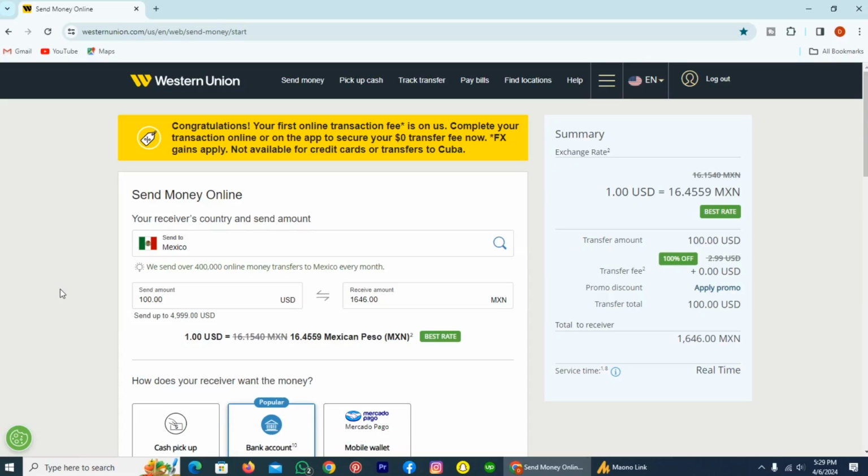Hi guys! In today's video, I am showing you how to add a receiver in Western Union. The process is straightforward and effortless, but before starting the process, let me tell you the benefit of adding a